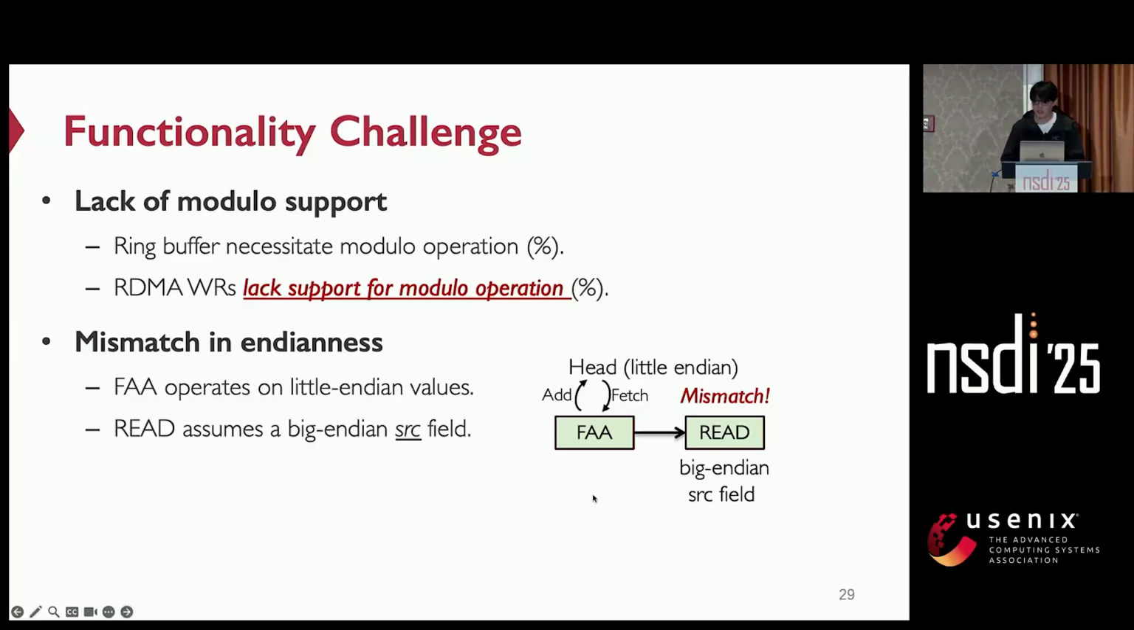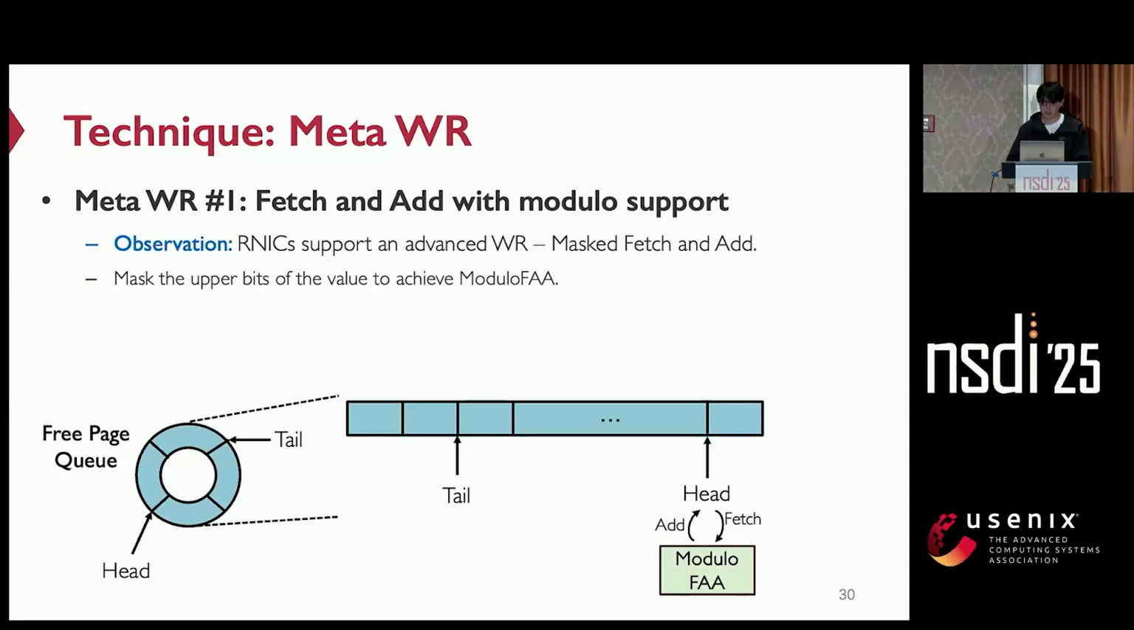In our case, this issue impacts the retrieval of allocated queue elements from the page queue. As shown in the figure, the fetched value of the queue head pointer by the fetch and add operation cannot be directly used for the subsequent RDMA read operation without endianness conversion. To overcome the above functionality limits, we